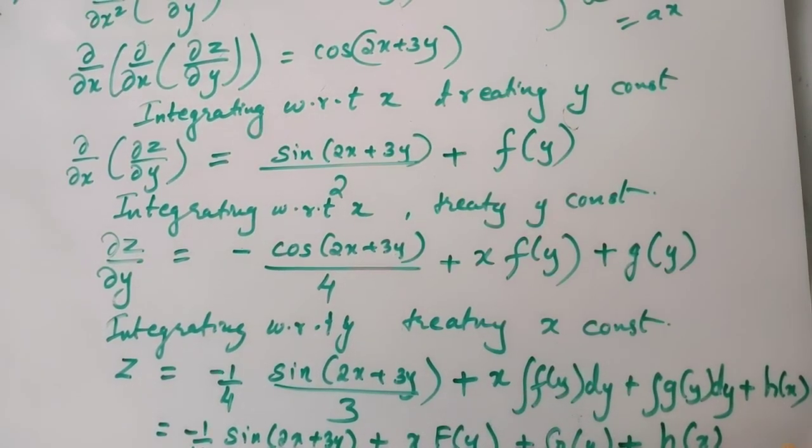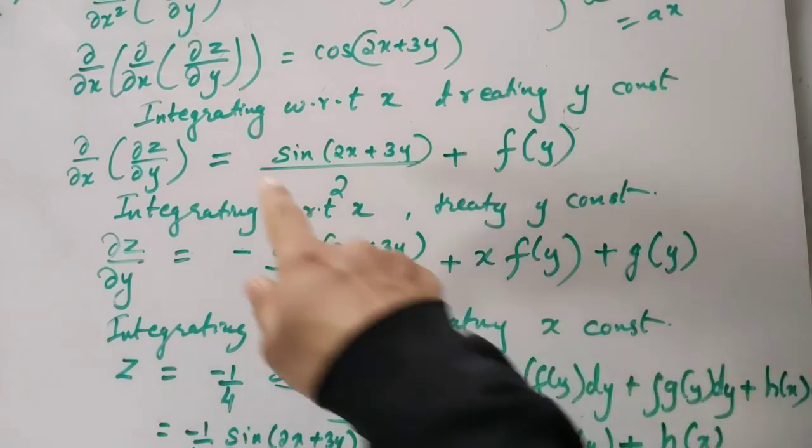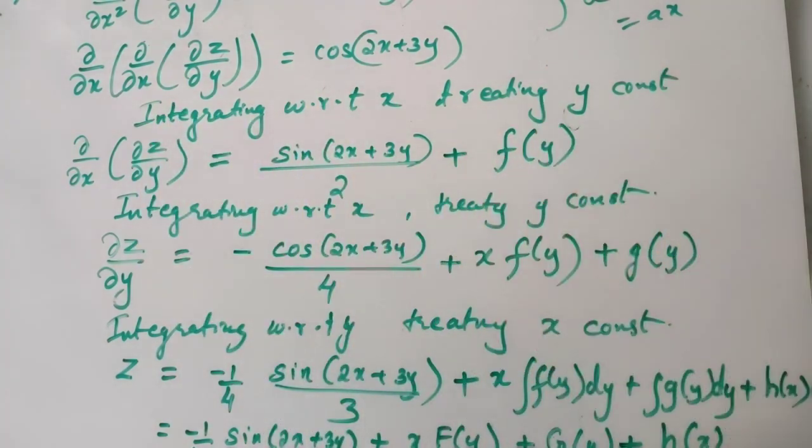I hope the point is clear to all of you, how to solve these type of examples. By direct integration you just split it, and then take the respective integration. So while you are integrating, if it is dou by dou x you want to eliminate, you have to integrate with respect to x, but you have to treat y constant. And after integrating also, at the end, instead of writing any arbitrary constant, accompany a function of y. And reverse in case of y. Suppose you are integrating with respect to y, treating x constant, at the end, instead of writing any arbitrary constant, you have to accompany a function of x.